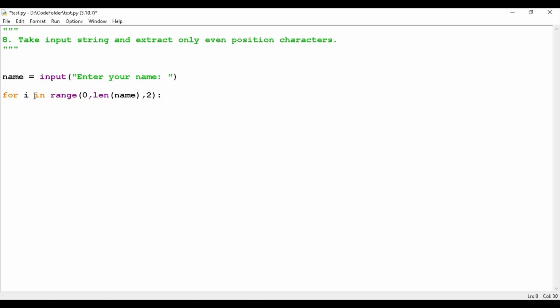Now what will happen? I will range from 0 up to the length of the name. For example, if 10 is the length, it will go from 0 to 9. So 0 to 9 covers all our characters, as indexing starts from 0 in Python. It would give you all the characters, but we want only even position characters, so we have given step as 2. From the 0th position, it will step to 2, then from 2 to 4, then 4 to 6. In this way it will extract only